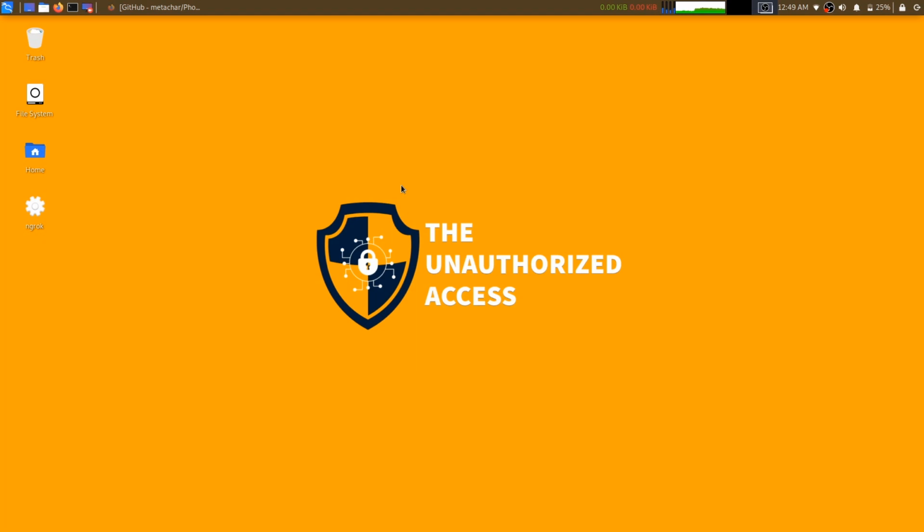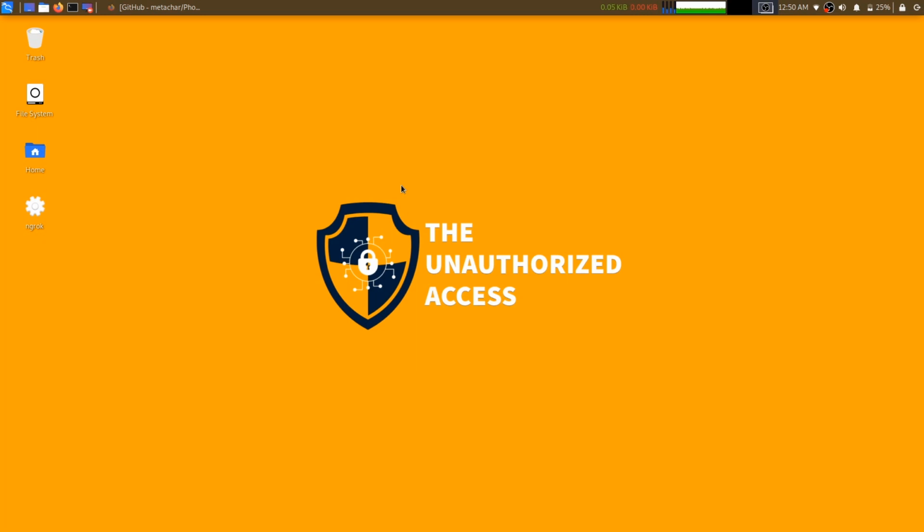Okay, so what is ADB first? ADB stands for Android Debug Bridge, and it is a command line tool that allows you to communicate with the device, and it is used for debugging. What ADB primarily can do is install and debug applications, and it also provides access to a shell by which you can run a variety of commands. This can be done via USB or via the internet.